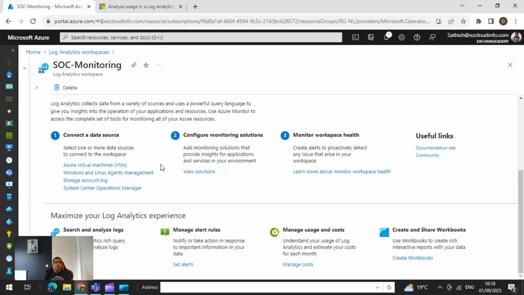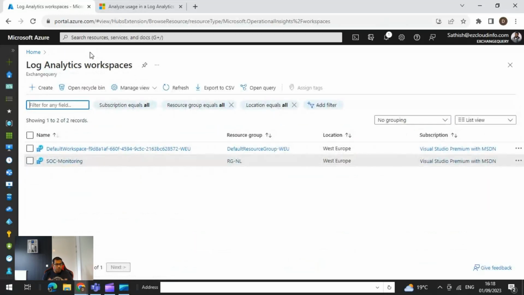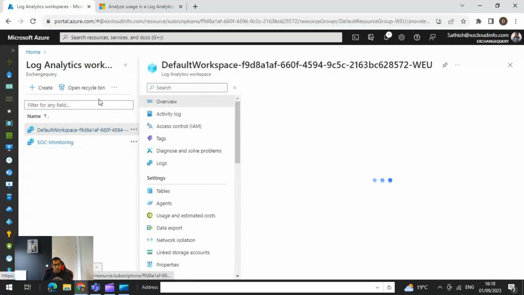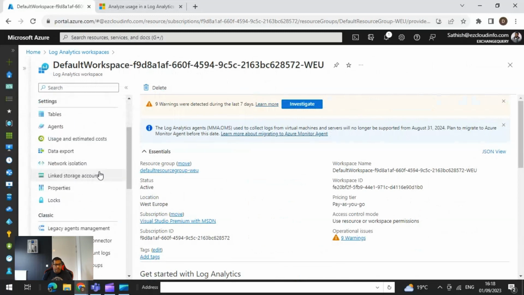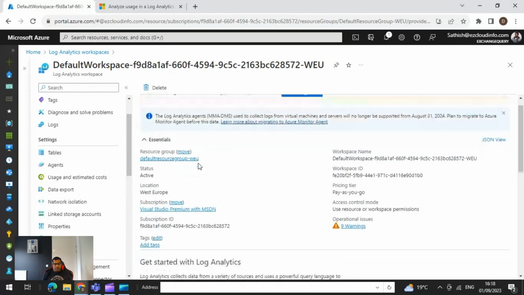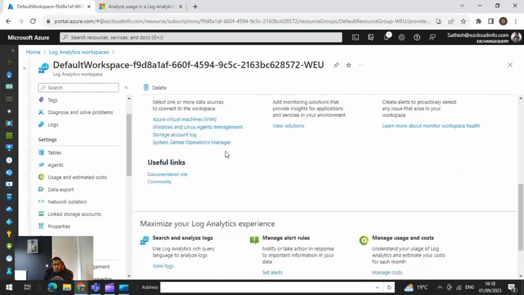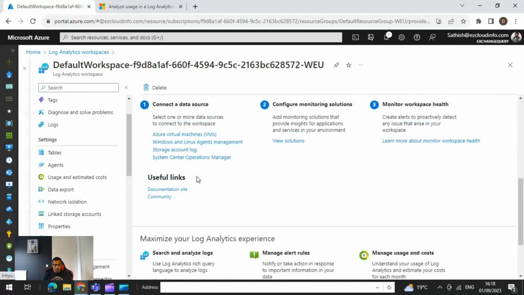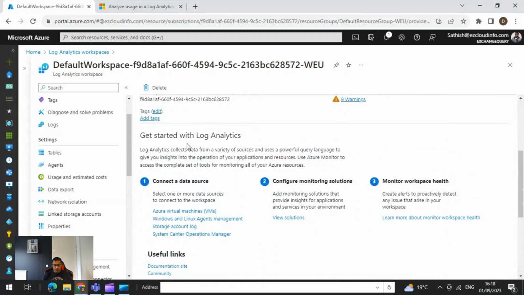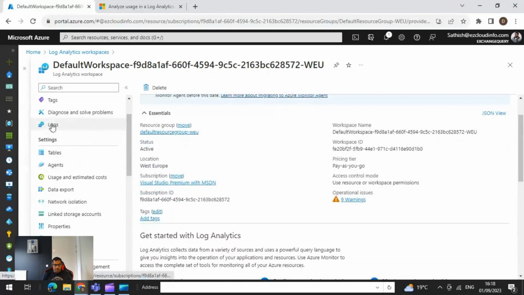So a question might come: how do I access Kusto? There are two ways of accessing Kusto through Log Analytics. The first one is you go into the Log Analytics workspace. In order to use that, first you need to have the subscription, as I stated earlier. In my case, I have two workspaces. When I click on the default one, you see an example, get started with Log Analytics. In order to query, I simply go and click on Logs,